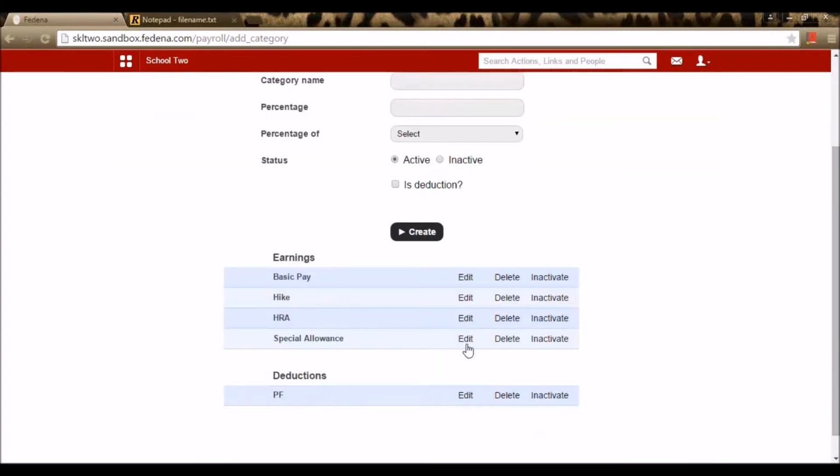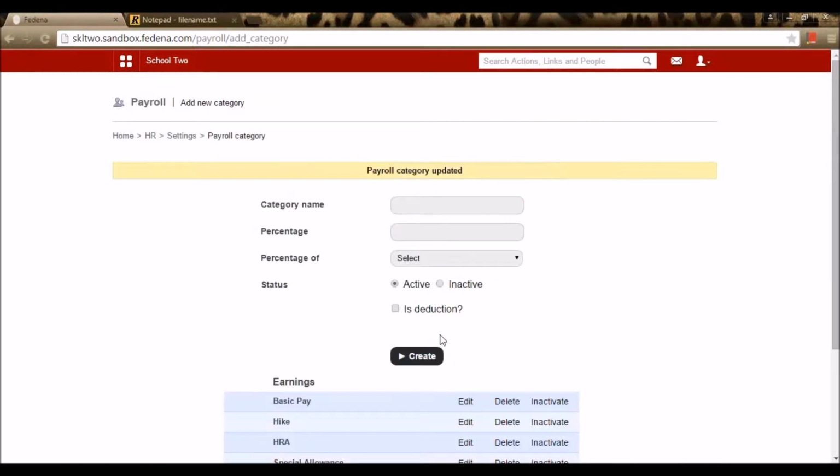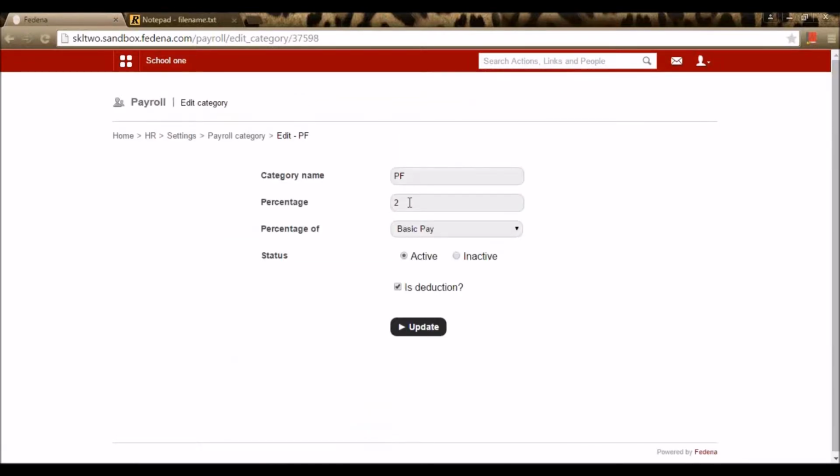And I've created a few other categories, say special allowance, having a percentage of 6 on the basic pay, and this is supposed to be an earning, so I'm not enabling it. Right here, I've created one more category, PF, with the percentage to be 2 on the basic pay.